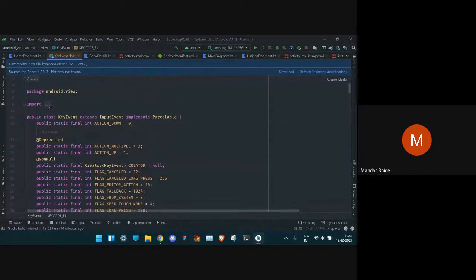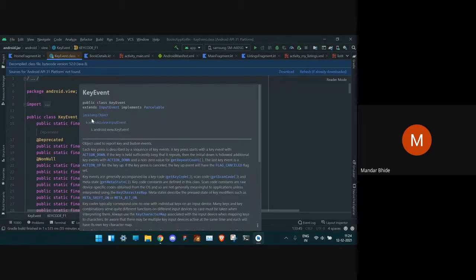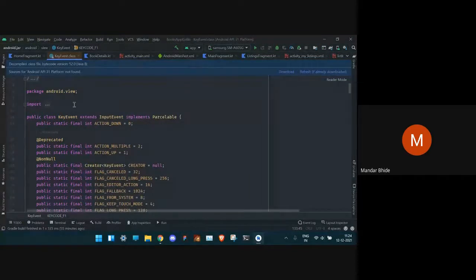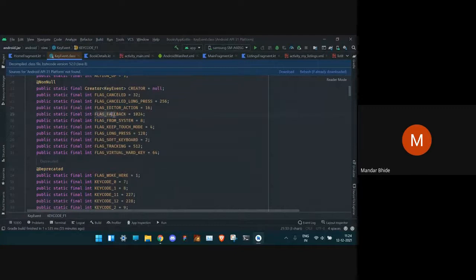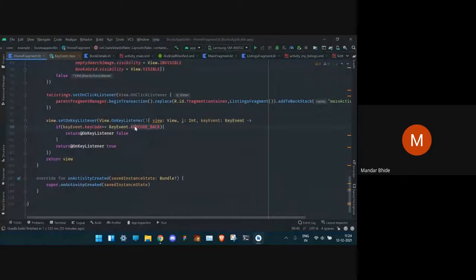This is a completely compiled class, so you cannot see the enum keyword. Even the extension of file is .class and not kt or not .java. So this is completely compiled class. But if we had defined that class, it would be enum, and we can access all these flags using that enum class. So now we no more need to actually remember all those numbers, but we can use some friendly name like keycode back.